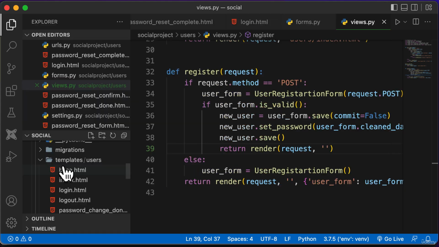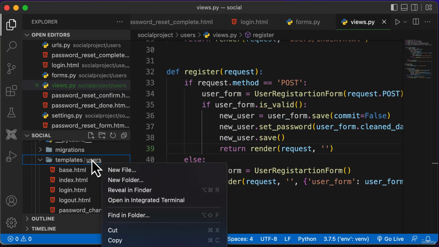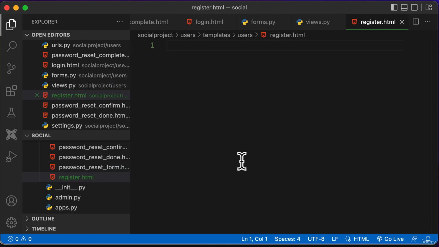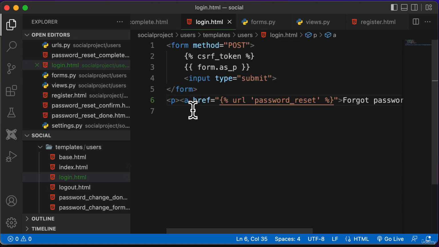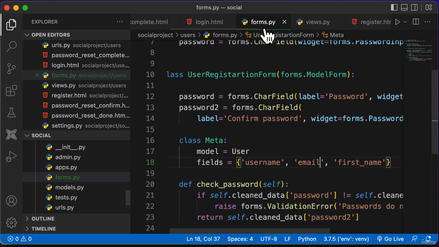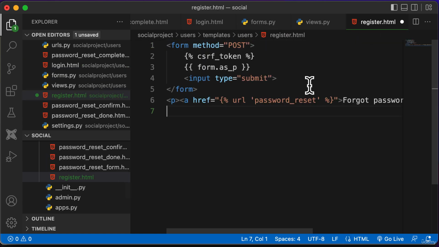So let's go ahead, let's go to the users templates here, and let's create a new template and call it register.html. And this particular template, as usual, could use all the parameters which we have in this particular form right here. So what we could do is simply copy this, go back here, go to register.html, and simply paste this